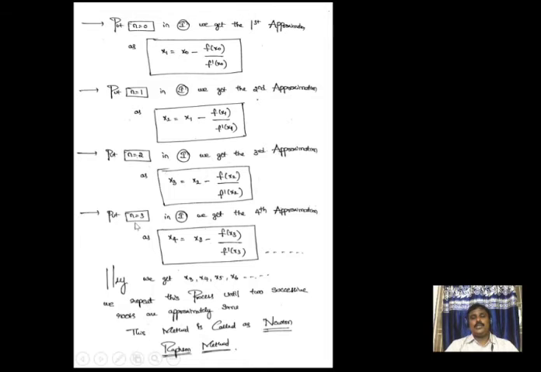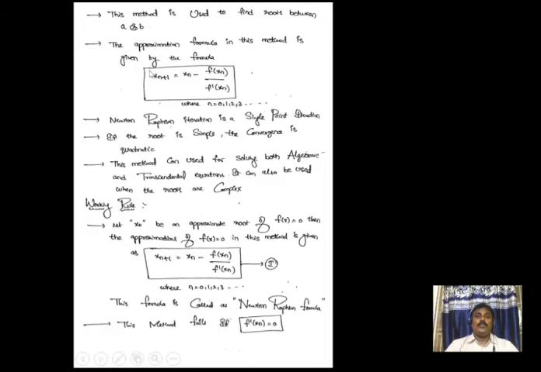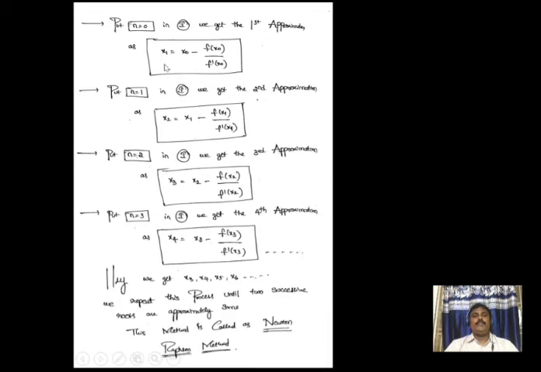So this is called the Newton-Raphson method. It is very simple and easy to understand. The only formula, a very important formula we have to remember while doing these problems, is x(n+1) equals xn minus f of xn by f dash of xn, where n takes the values 0, 1, 2, 3 and so on. If you put n equal to 0, we get the first approximation; n equal to 1, the second; n equal to 2, the third, and so on. We repeat the same process until two roots are approximately the same.